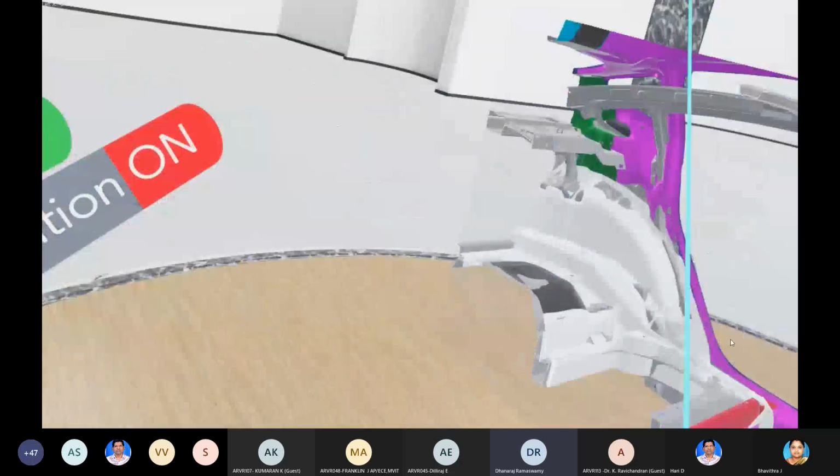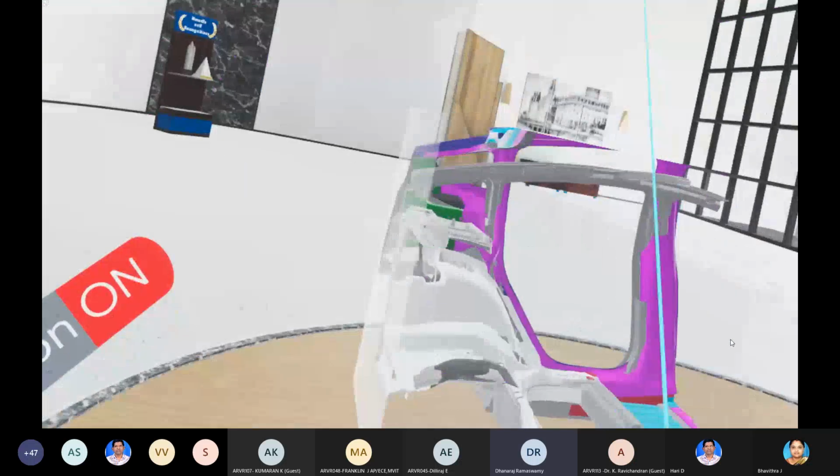This is for car modeling architecture and is used by engineers and other members.